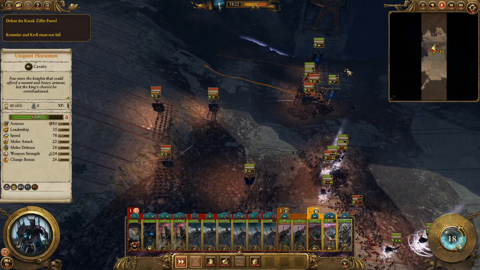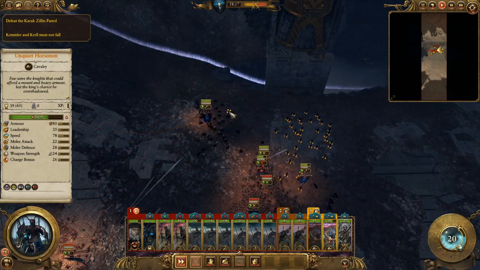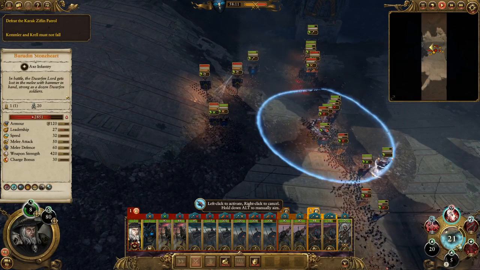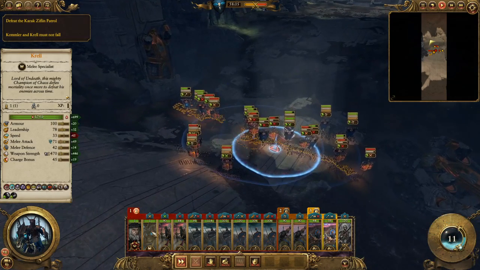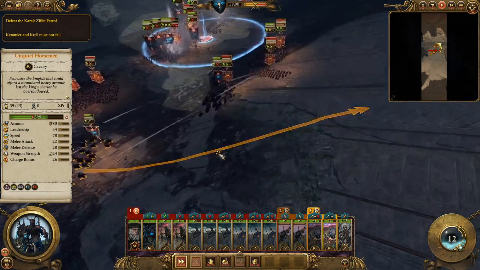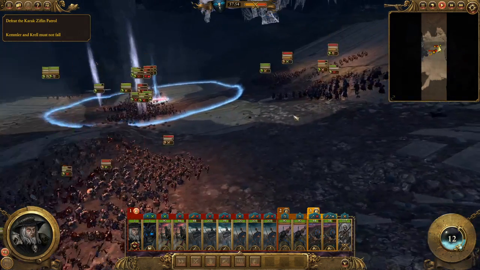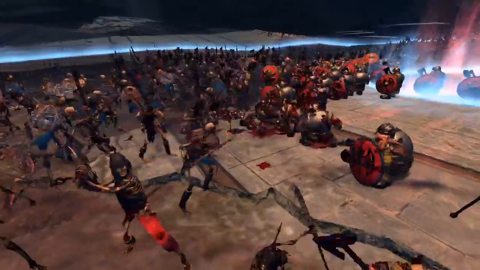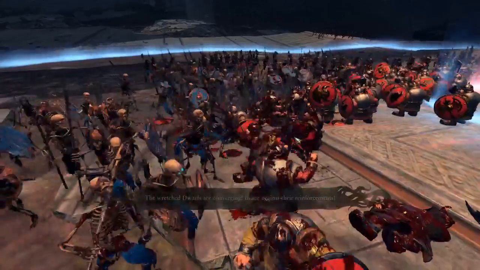That's tricky. Don't go up there. Go over here. Go over here. Charge those thunderers. Curse of Years. Okay, we'll go around and deal with that. Let's have a look at this. Oh, those dwarves fighting against the undead. They can withhold against it, but...